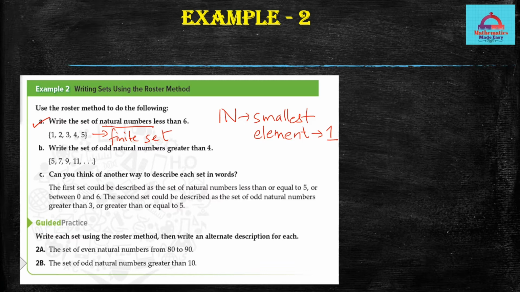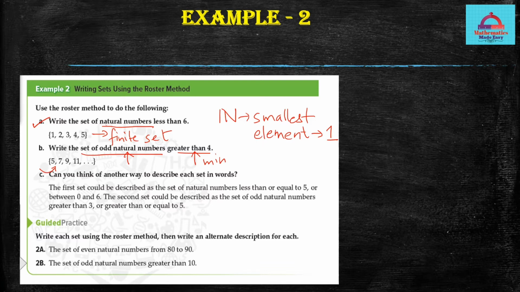Coming to the B part, you need to write the set of odd natural numbers which are greater than 4. So because they have to be greater than 4, you have a minimum limit, but the description does not say anything about the maximum for this set. And because this set is going to be taking the elements from the set of natural numbers, you can say just like the natural number set, this is going to be an infinite set. So greater than 4 means the set should begin with 5. The next odd natural number would be 7, followed by 9, followed by 11.